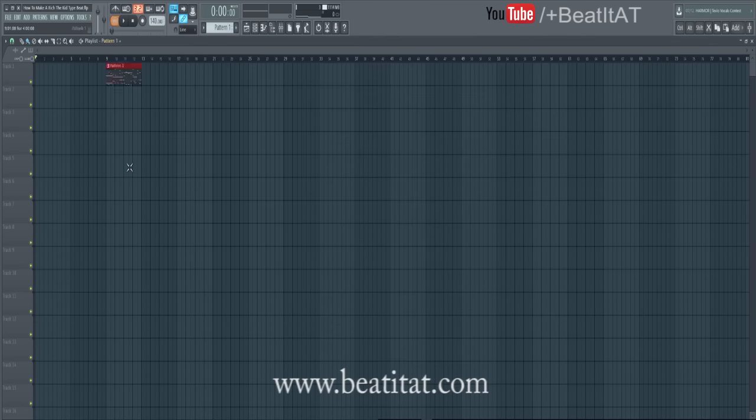But we're going to go ahead and start layering it. So I'm going to put it right in our playlist right there. We're going to go split by channel. We're going to separate everything. So what this does is everything that we had in our channel rack, when we put it down on a playlist, as long as we select the correct channel rack that we're using, and since we only have one in this case,